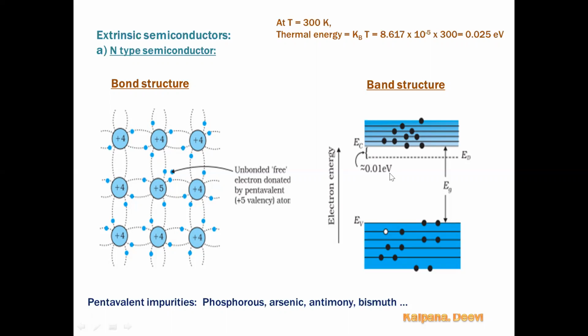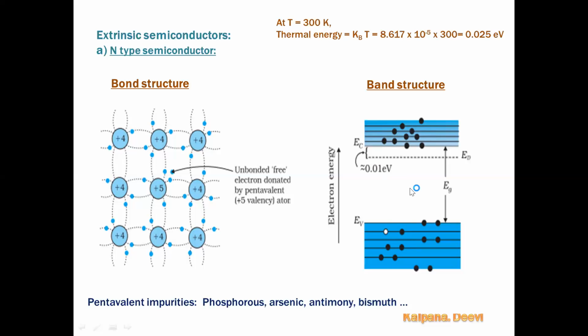So if we keep this material at room temperature, then these donor electrons easily move to the conduction band. With further rising of the temperature, slowly these weaker bonds break, and valence electrons are also able to move to the conduction band by leaving a hole in the valence band. That is why, initially at room temperature, these donor electrons move to the conduction band, so more electrons are occupying the conduction band here.